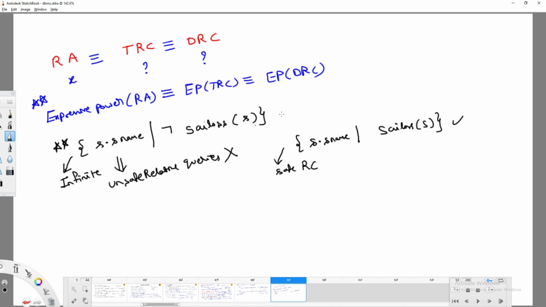Okay, there is no problem when it comes with the concept of SQL, but when it comes to the concept of formal language like TRC and DRC, then only we are going to get this problem, because it's a kind of formal thing. We are going to generalize it, right? That's why we are going to get it. So if any kind of a query is going to produce infinite relations as output, then I can call that kind of queries as unsafe relational queries.